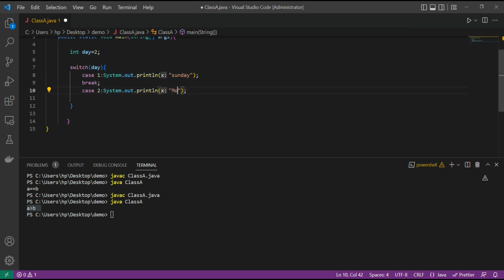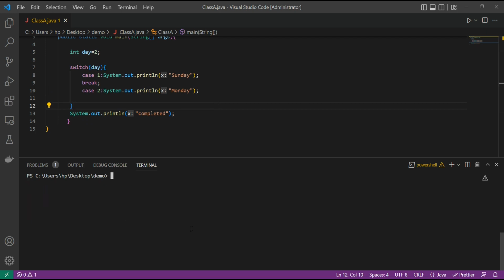So day 2 is Monday. I have passed number 2, that means this one will be executed. And once this switch case is completed, we'll write "completed" as a completed code. Let's try to run. I have passed 1 as an integer number to the switch, and this case 2 will be executed. Let's try to run it,